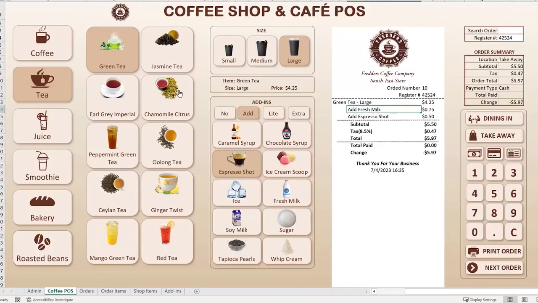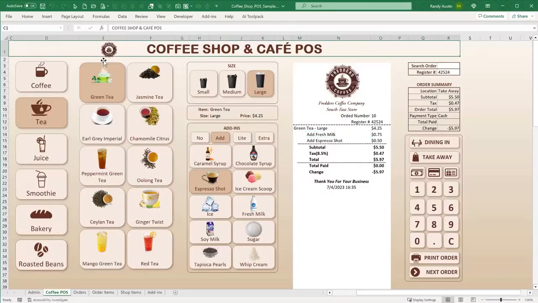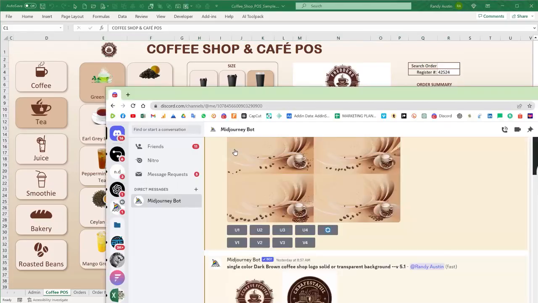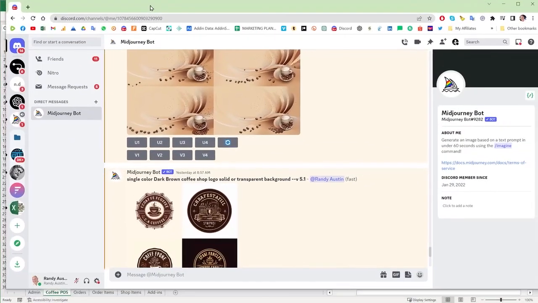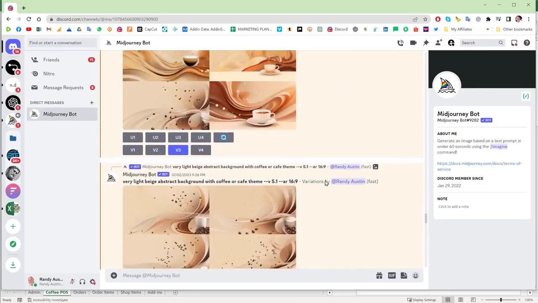What I want to do is get started right away on this. If you take a look at this design, I get some design ideas. A lot of you ask, how do you get your design ideas? Well, lately I've been using Midjourney. Midjourney is really, really cool. Let's take a look at this here. Midjourney is an AI engine, and I got some of the ideas from the designs. If we look here,